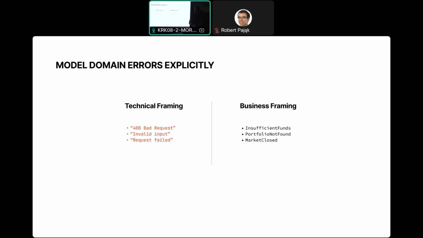For example, if a user doesn't have enough funds on their account and they order a pizza, that order should fail. Is this an unexpected failure, or is it an intended business outcome that the order does not come through? It's a state of the application, right? You don't have enough funds. You should inform that user about that state and why the order doesn't come through. So we should think about these expected business outcomes in advance, and model them properly, just like we model any other business aspect of our application.